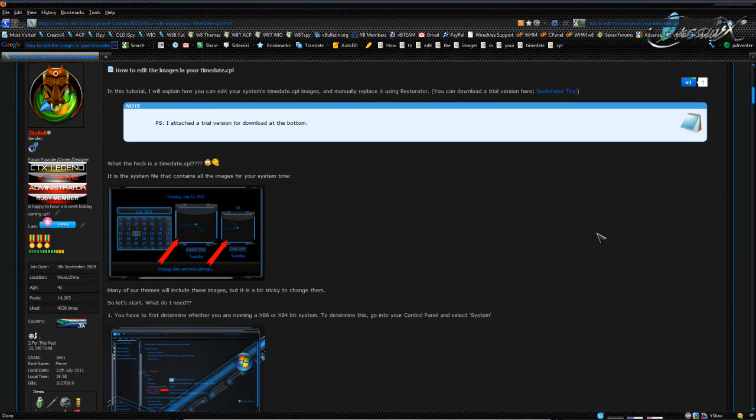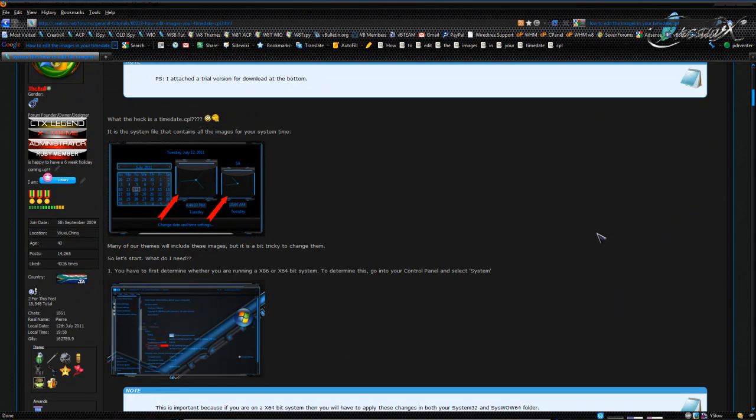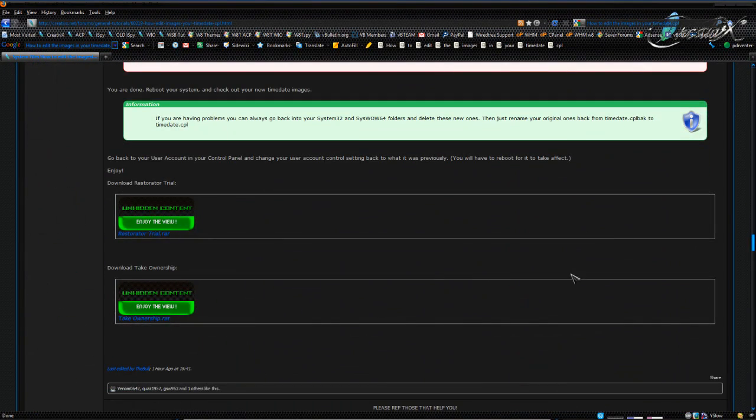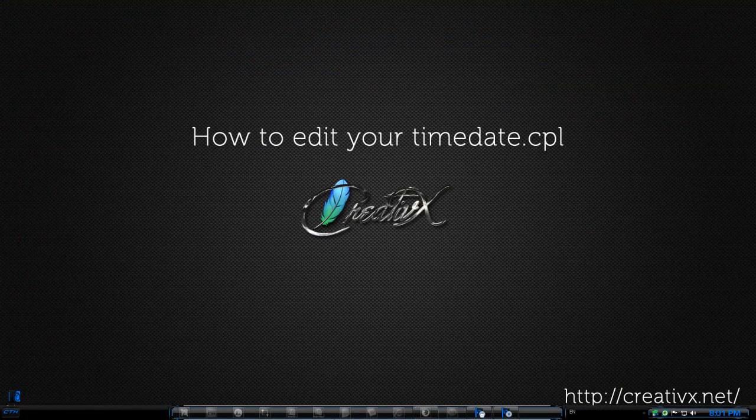So first of all, now you will have to download the Take Ownership registry files so that you can take ownership of these files in your system. You can also get these registry files from within this tutorial. Take Ownership Right. Download that, and in that folder